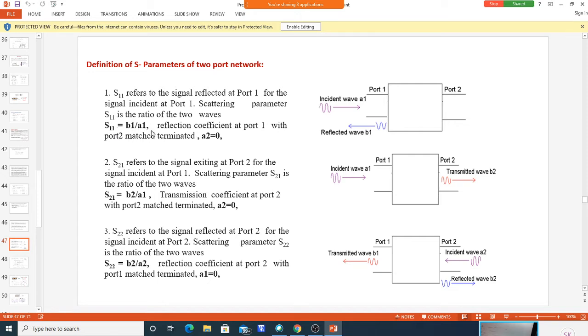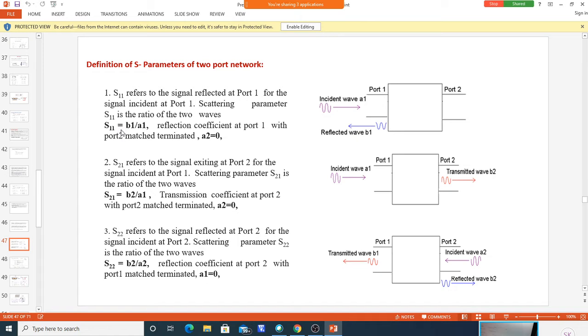And usually, as I said in the previous class, this is frequency dependent. Frequency dependent means that the value of the S parameters varies with respect to frequency. As the frequency changes, the value may also change. It may not remain the same. How it changes depends upon the network present here. Usually the values of these parameters are specified at a particular frequency.